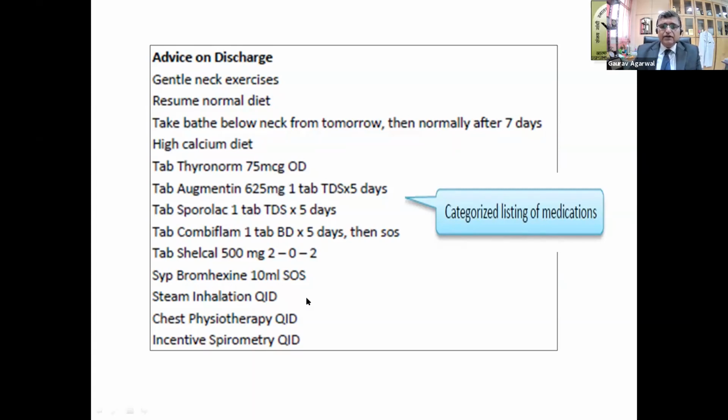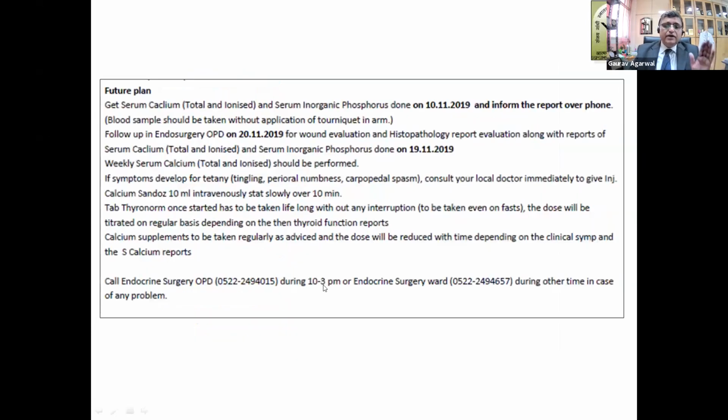And then any other information, it's best that we keep them categorized and list them in an itemized way rather than just provide a narrative. The future plan of action of the patient has to be charted out and spelled out very clearly so that the patient is clear about when the patient is supposed to come back to the hospital, what kind of other activities the patient is allowed. The discharge summary must list the phone number in case of an emergency, which the patient can use to reach out to the hospital, to the doctors who have treated him or her.